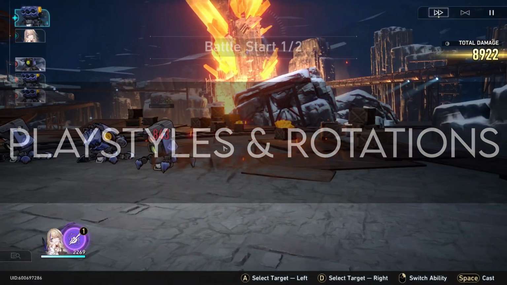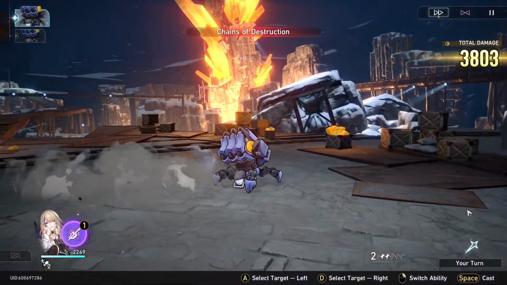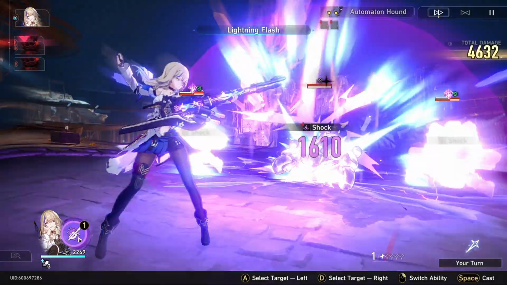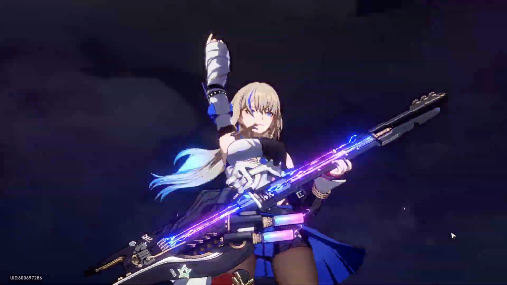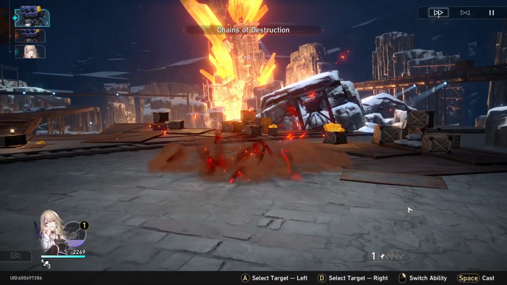Serval has 2 main playstyles. Her first main playstyle is as a sub DPS. This is what you will see her as more frequently. She will use her skill initially to apply shock on the enemies, and then she will use basic attacks and ultimate to extend the duration of the shock. This is the way that you will see her primarily played, just because her single target DPS isn't that good,